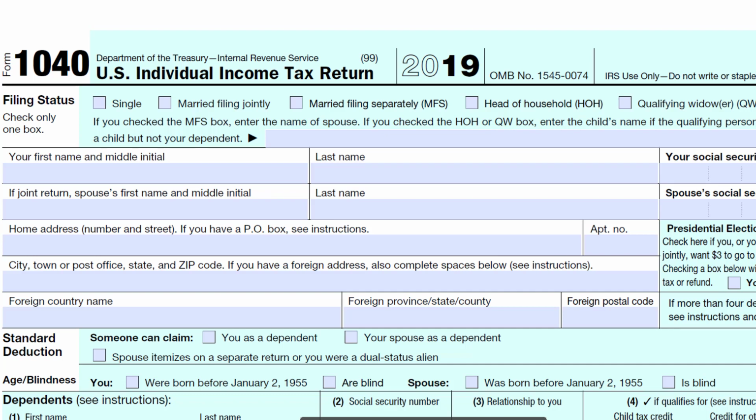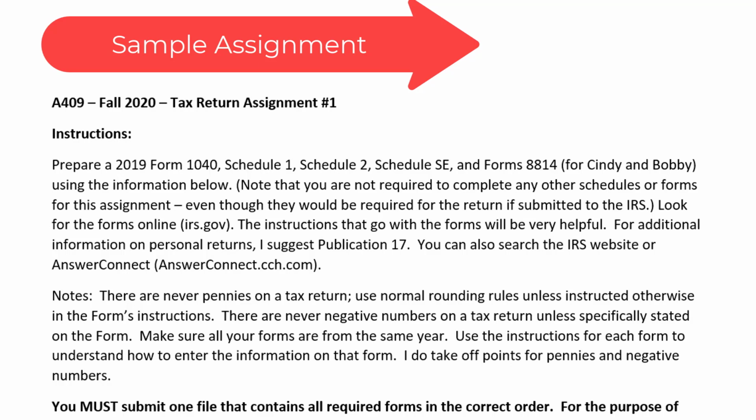I would like to talk about the first tax return assignment. This may not be exactly the assignment that you have, depending on which class you are in and which semester it is, but this will give you the basic information to get started on a tax return assignment. So the instructions will tell you which schedules you need to prepare, and for the assignment that we're looking at